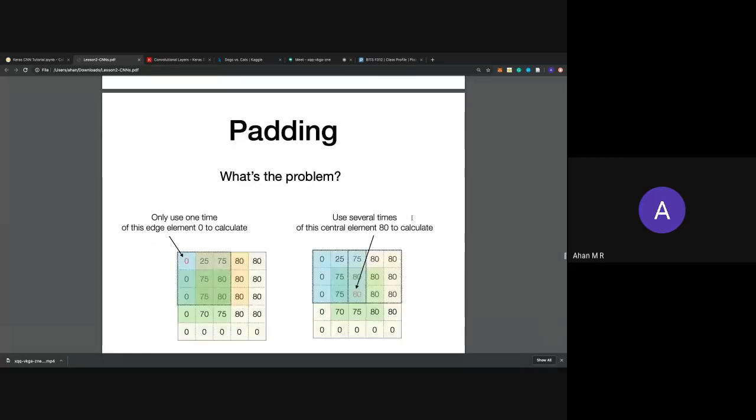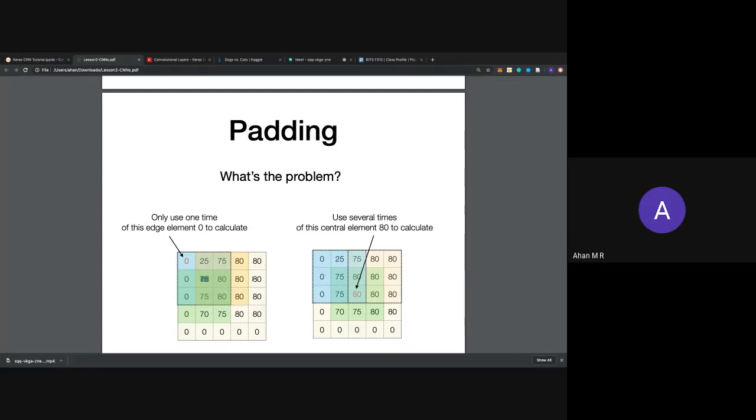Padding. So why do you need padding? A lot of data is present, especially on the corners, like for example the 75 here. The original image contains 75, 80, 80, and so on. To be able to access the corners and edges as well, you need a way to move your filter to that particular point, so that the filter center can reach them.